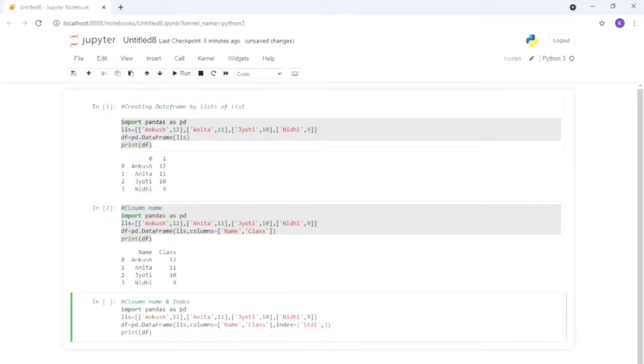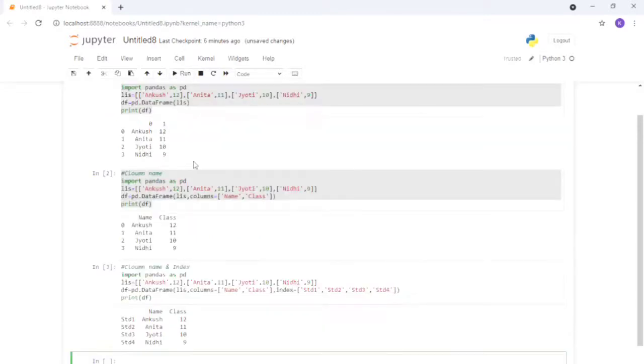How many data do we have? 4 data. So std1, std2, similarly std3, and at the last std4. Clear? Now you can click on run, it will be printed. Now the index value is also changed. So in this way we can create a data frame from a list of lists.